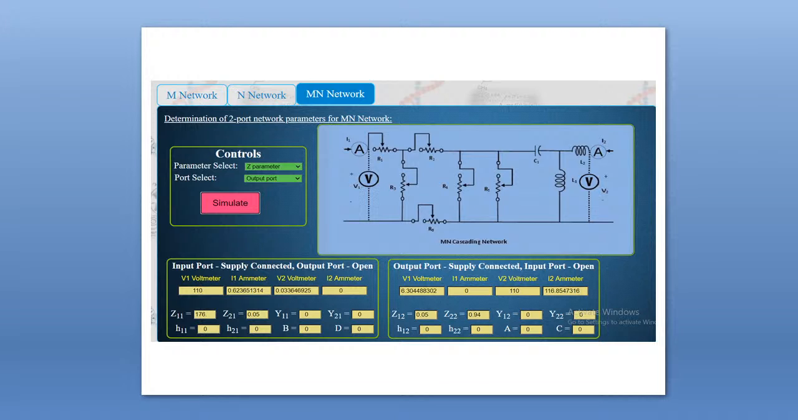In your lab record, you must highlight the values of Z parameters for at least 4 or 5 sets of readings. Okay, you just change the values of resistance, capacitance, inductance. You choose 5 sets of values of capacitance, inductance, resistance, and you must mention their corresponding values of Z parameters. Now